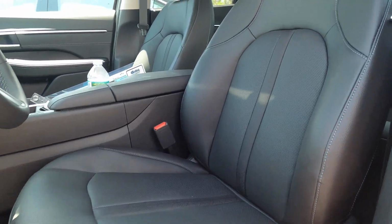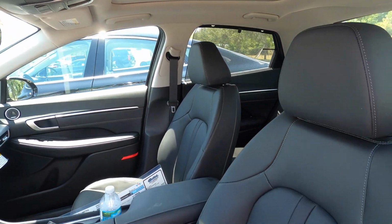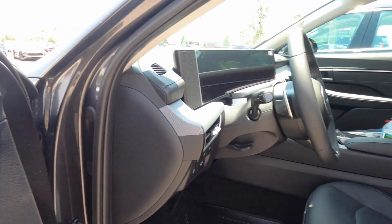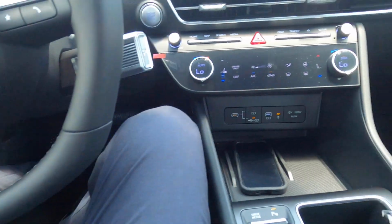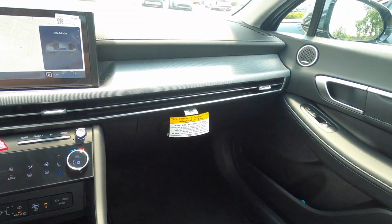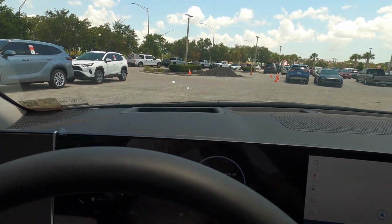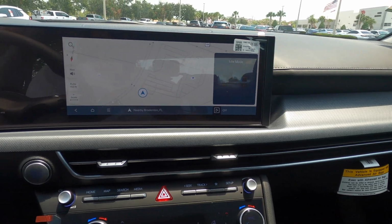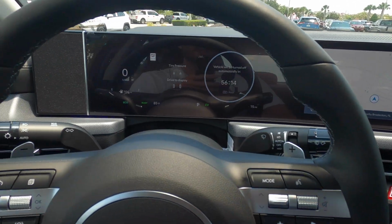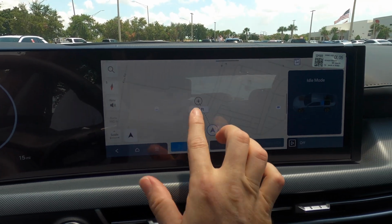Ten-way power seat adjustment for the driver, 4-way power seat adjustment for the passenger, heated and ventilated front seats, leather upholstery, memory for the driver. Headroom and legroom. The driver focus setup on the hybrid is going to have a lot more luxury, especially when you're going into the Limited, because you get the heads-up display, a more soft dashboard layout with the brushed aluminum that's going to go underneath the two 12.3 informational displays, one with Apple CarPlay, Android Auto, Sirius XM, AM,